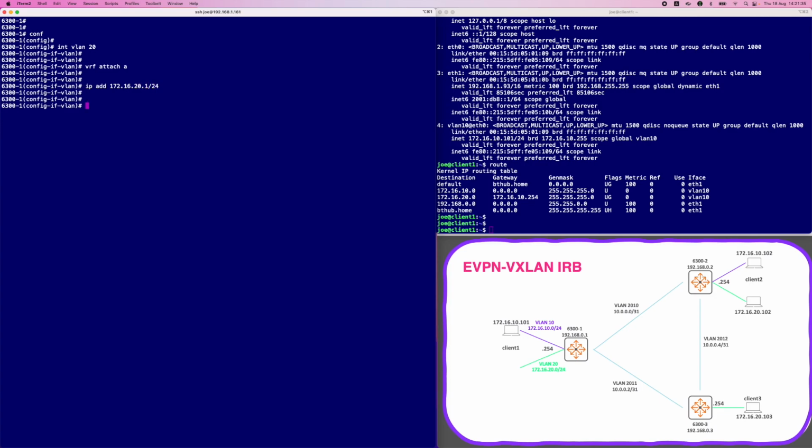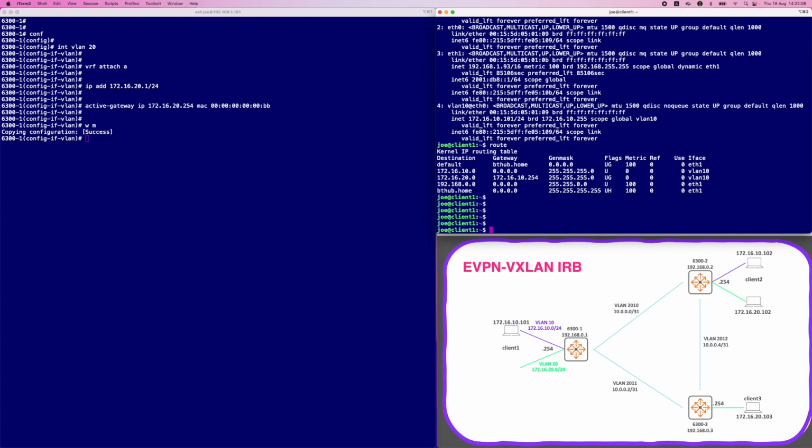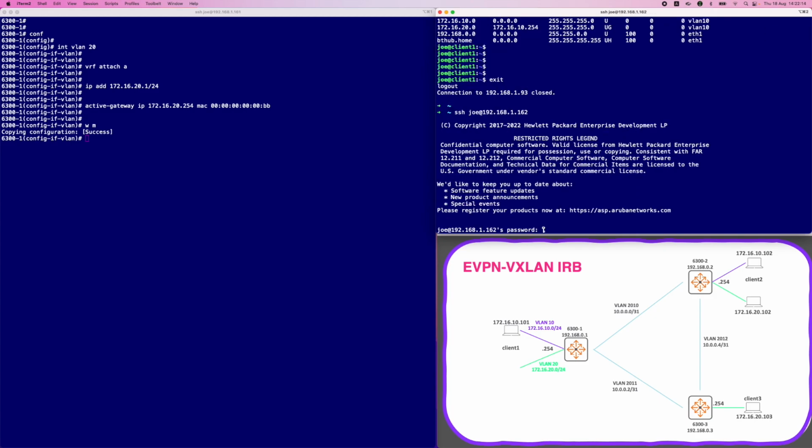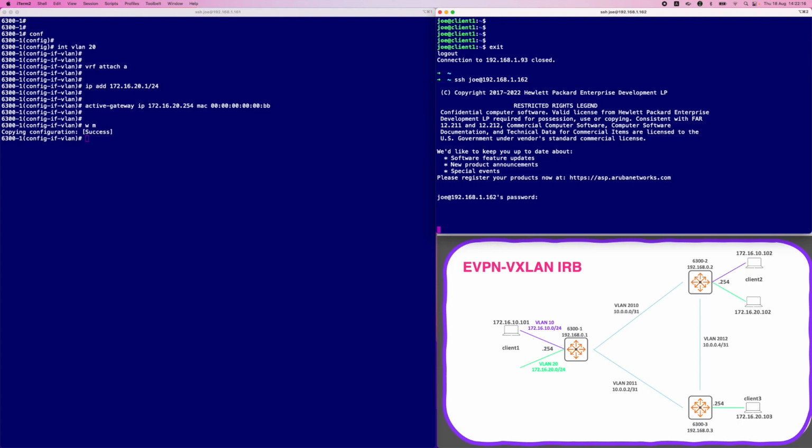172.16.20.1/24, and that active gateway IP is 172.16.20.254, and the MAC address 45, and let's go BB. Okay, I'll save that. Same again on 2. So this is quite repetitive stuff, but